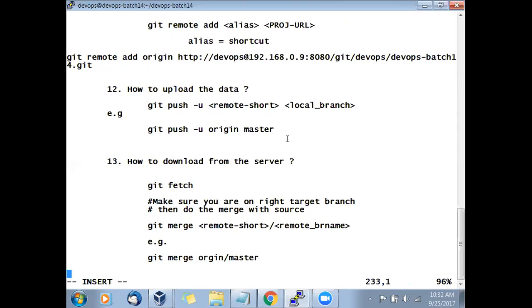So what you are doing is taking the remote branch and merging it into the local branch. Which branch are you taking? The remote master branch, and merging it into the current master branch. Okay, let's do that. Ready, steady, go.